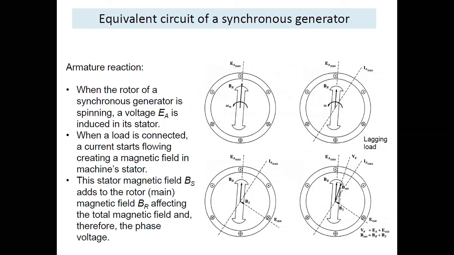Whenever these two fluxes react or interact with each other, there will be a reduction in the field strength of the synchronous generator. The field winding flux and the armature winding flux counter each other, and therefore, as I said, we will consider a resultant magnetic field for further detailing of the induced EMF in the synchronous generator.